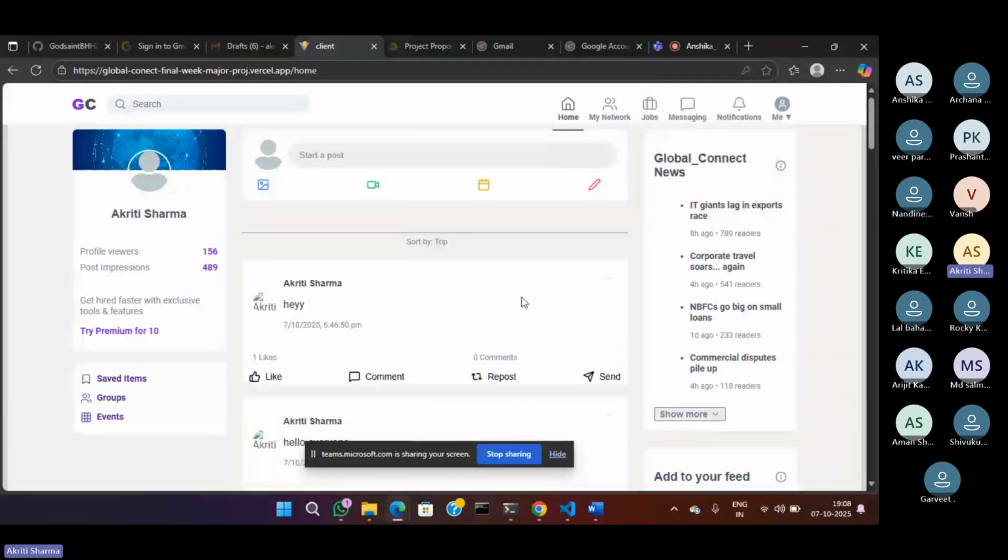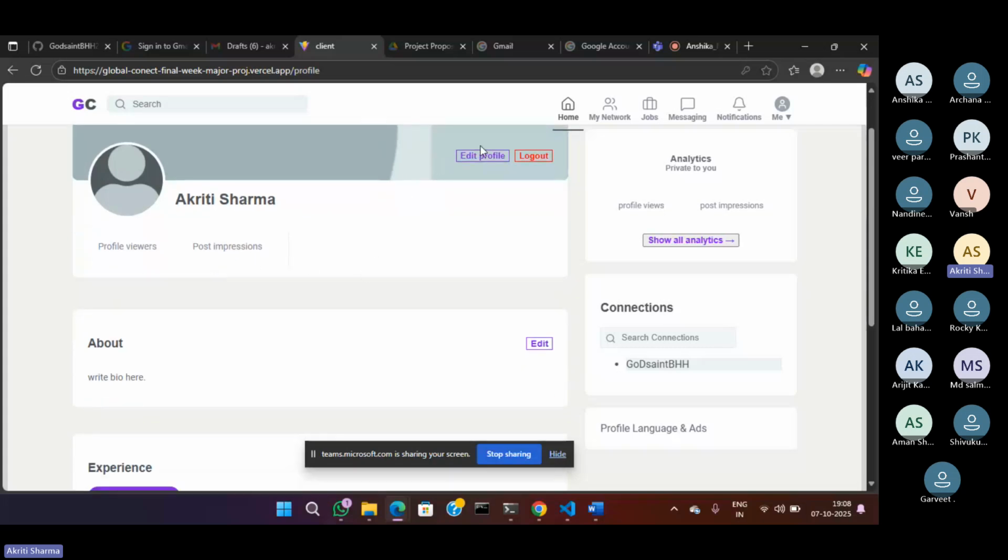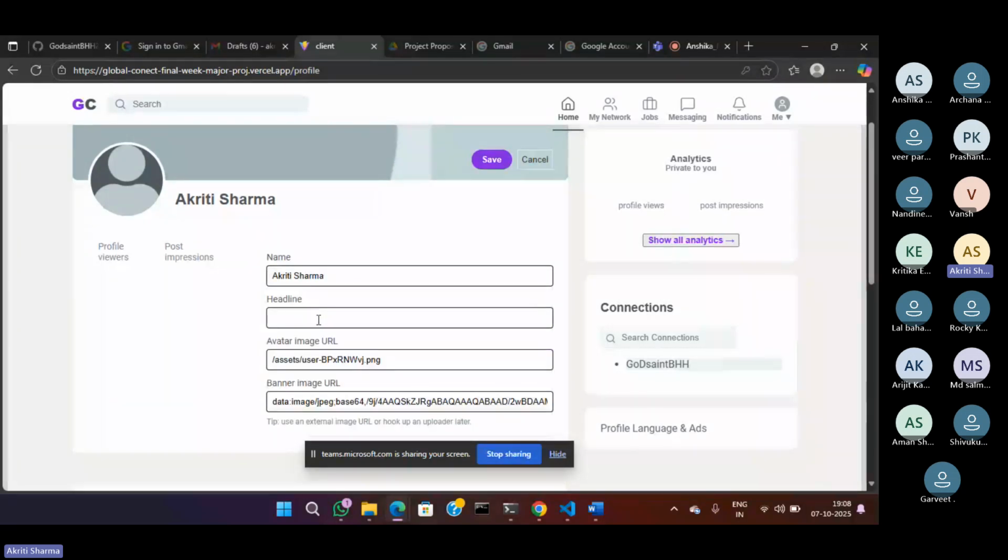and this is the home page section. Firstly, this is the section to update the user account. If we want to update the profile and the banner image, in this section we input the URL of the image. So this is for the avatar image and this is for the